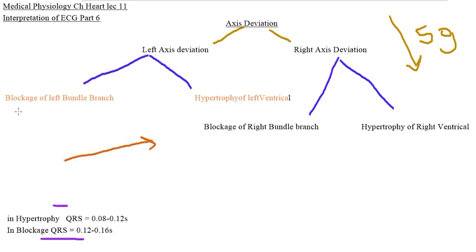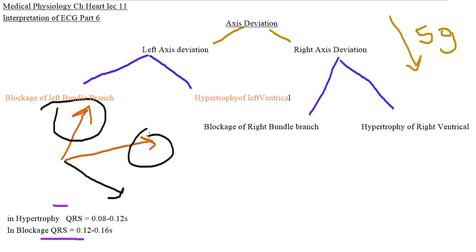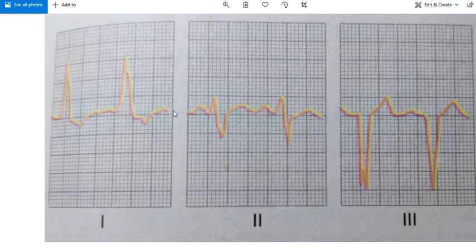deviation is this, whereas in case of blockage of the bundle branch, our QRS vector is deviated more than normal. It is deviated like this, whereas the normal QRS vector of our left ventricle is this. In case of left bundle branch blockage of the Purkinje fiber, we obtain it like this, whereas in hypertrophy we obtain the QRS potential vector like this. This is another difference that helps you in diagnosis, whether a patient is suffering from a block or from hypertrophy.